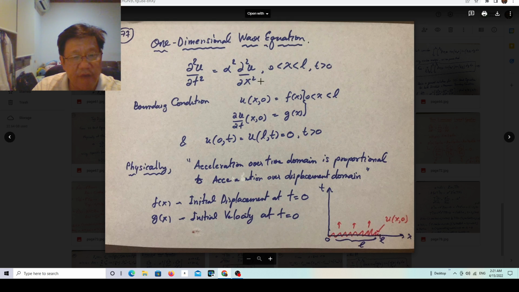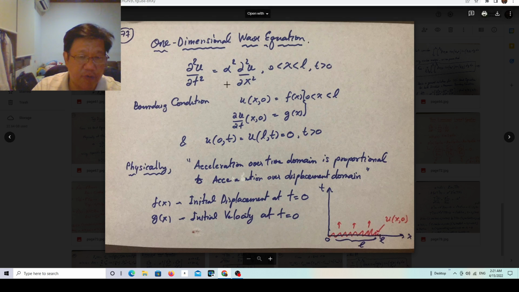The wave equation is in this form. In terms, you might say that acceleration over the time domain is proportional to acceleration over the displacement domain. This proportionality represents a ratio to convert the units on both the left hand side and the right hand side, which is alpha squared. So we're gonna start, just like what we did with the heat equation, with the one-dimensional case,